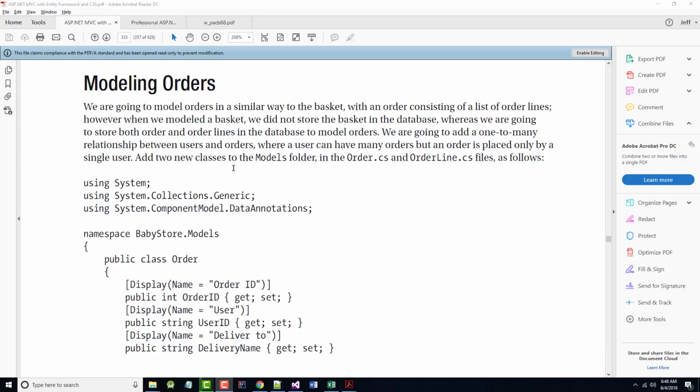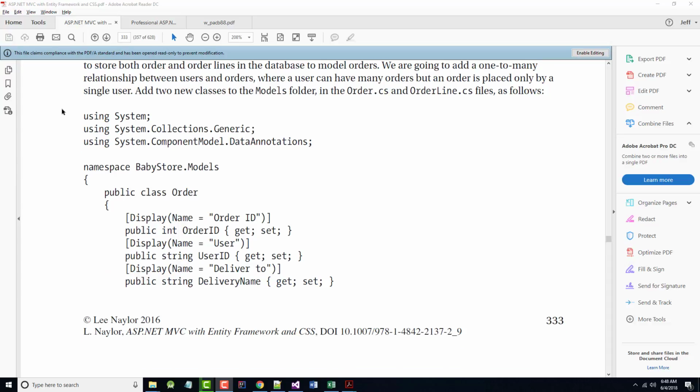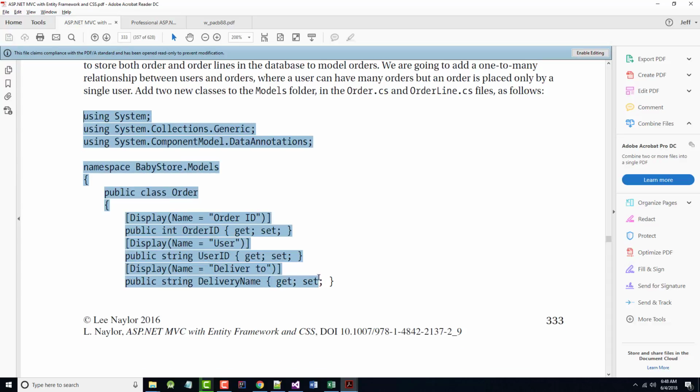We're going to add a one-to-many relationship between users and orders. In other words, a user can have 0, 1, or more orders, but any one order can be placed by only one user. So we want to add two new classes to the models folder, an order class and an order line class. So here will be the order class,